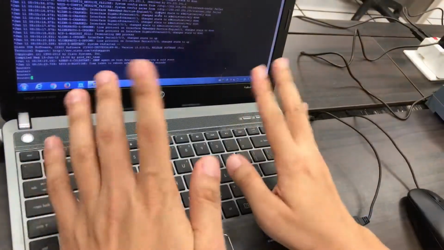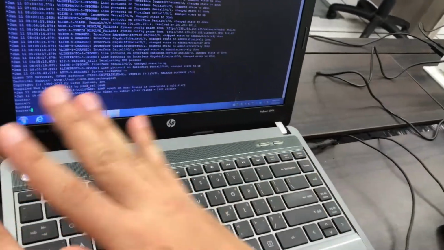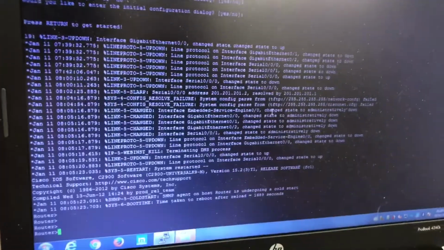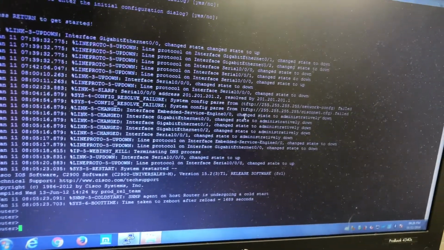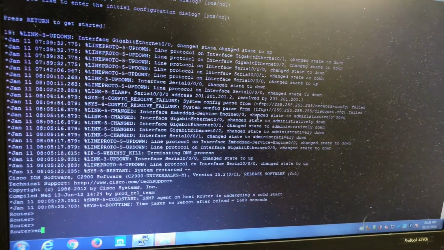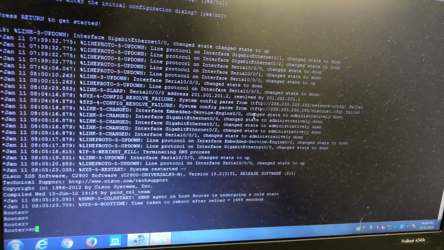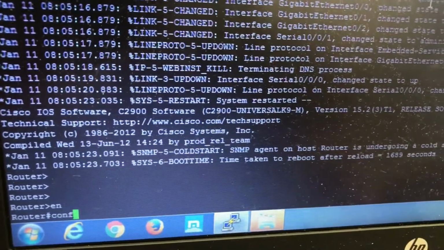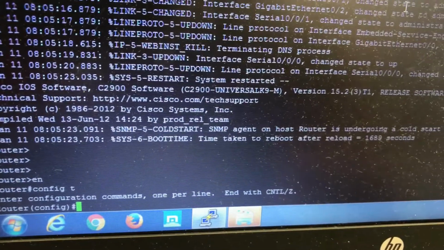Yes, thank you. So I'm going to set up the IP address, same as router 1. Okay, and I'm going to do a router rip at the end. Okay, so now I'm in router 2. To go into router 2 global mode, I use enable. Okay, next I'm going to type config t. Okay, I'm going to change the host name